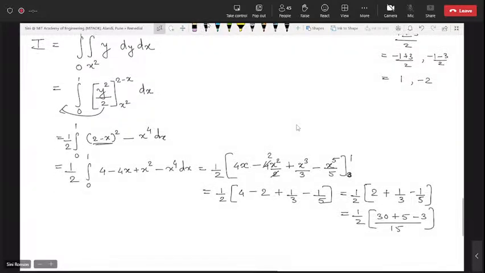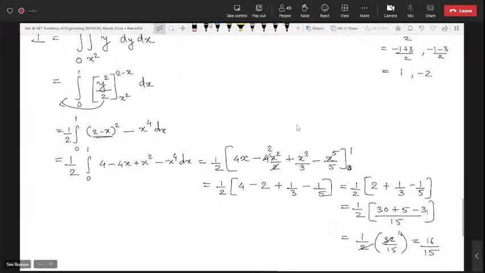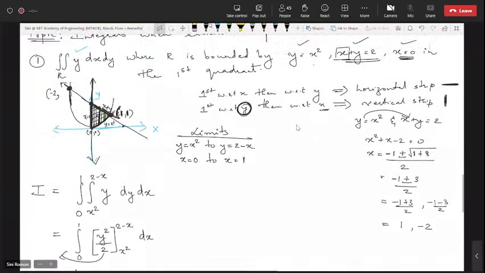So क्या आएगा आंसर बताओ मुझे? 35 minus 3, 32. So 32 by 15 and solving this, we are going to have 16 by 15. This is the answer. Is this clear, everyone? So what was important here is, first of all, from the equation, drawing the region and